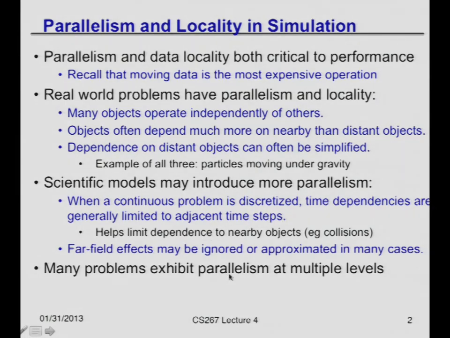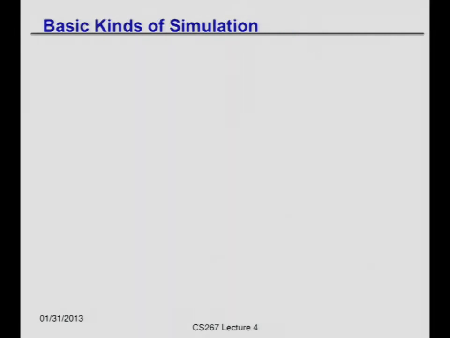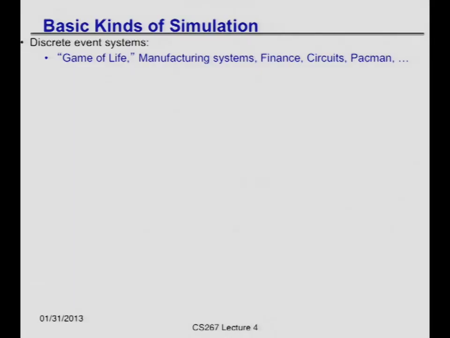And many problems exhibit parallelism at all these different kinds of levels. So what I'm going to do is divide up all the simulation problems that there are into 4 different kinds. And they're going to be the same sort of tricks that come up in parallelizing each kind. And they're going to be sorted kind of in order of how discrete they are. And so the first example is where everything is discrete. So time is discrete, the objects are discrete, the rules are discrete. So these are called discrete event